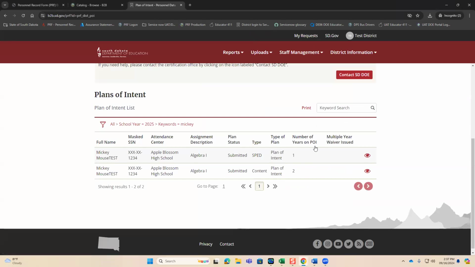So I was just asking because we have a couple of teachers on alt certification whose preliminary alt certification was accepted. Hopefully they will be getting their alternative certification, but we still would have to enter all of their data into the system and then place them on the plan of intent.